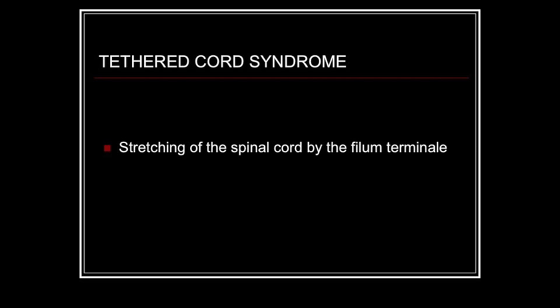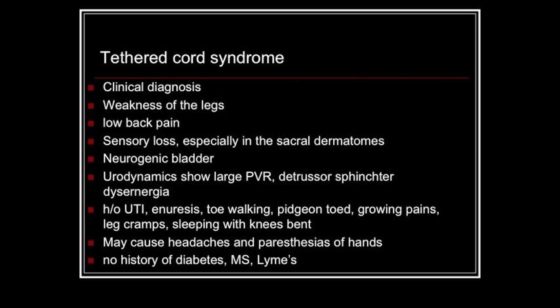And of the many types of tethering, I'm just going to mention briefly the type we see with EDS. It's a stretching of the spinal cord by the filum terminale. In the EDS population, it's a clinical diagnosis, not a radiological one, because you often don't see any significant radiological features. But the patients, especially the children, have weakness of the legs that's otherwise unexplained, low back pain,